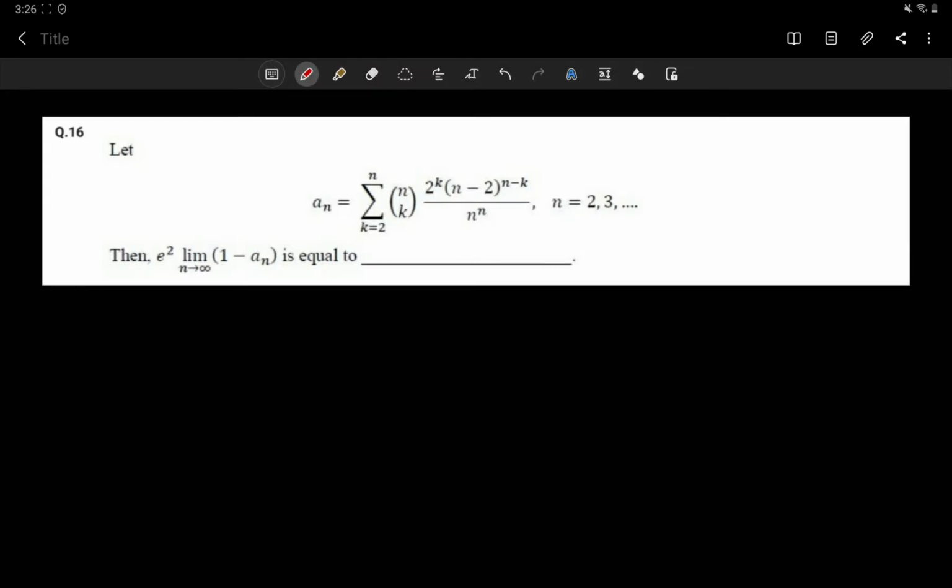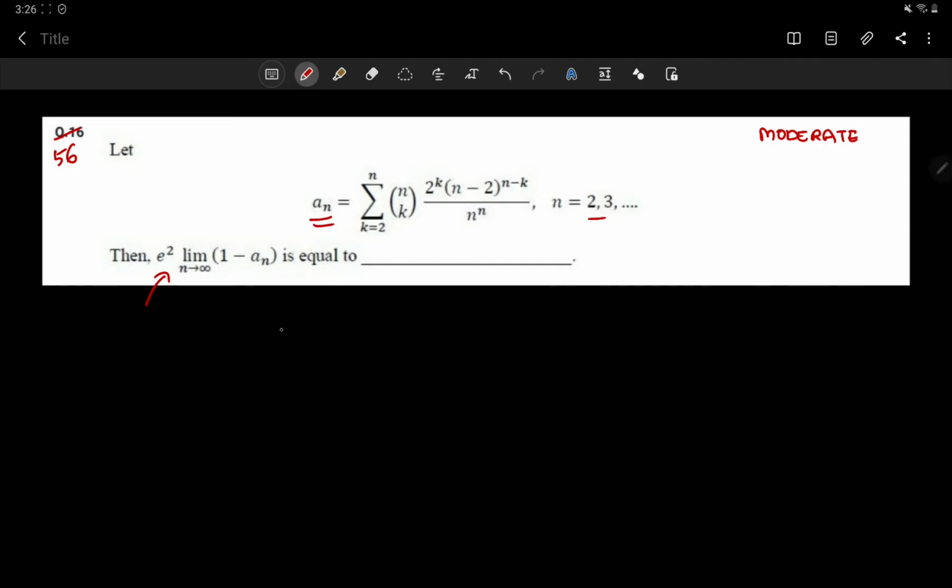We are back with question number 16 of NAT IIT GEM MS 2021. So this will become our question number 56. Here it is given a summation an from 2 and they're asking about the value of this limit. So this is a good question, moderate level. Here you have to use the concept of binomial theorem.